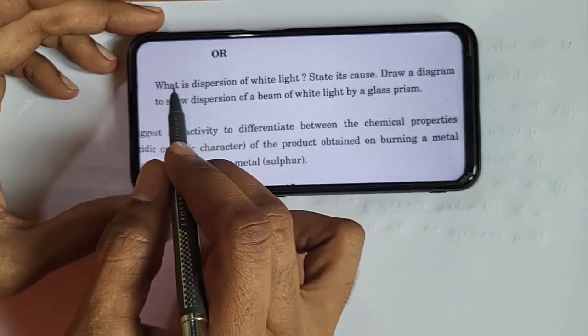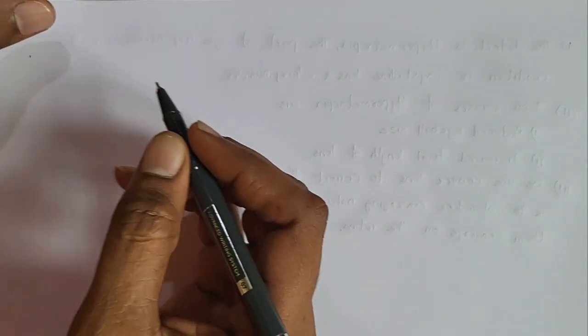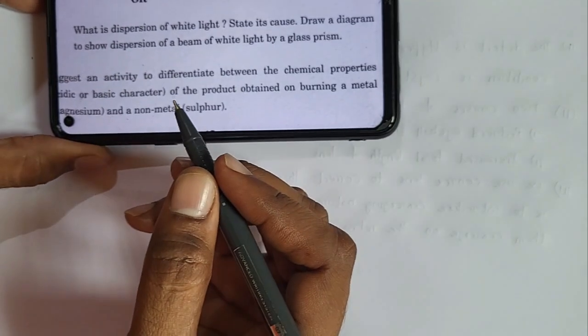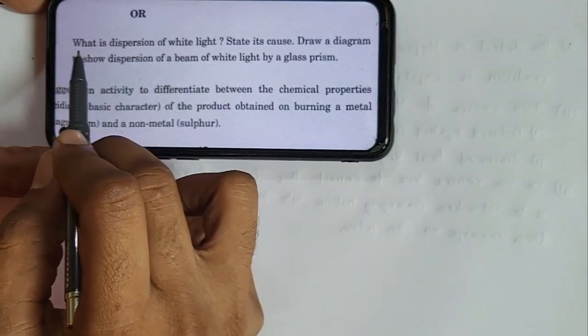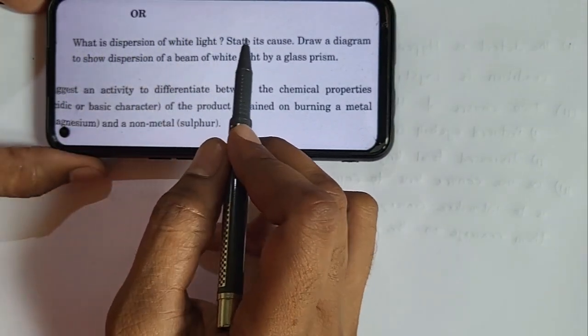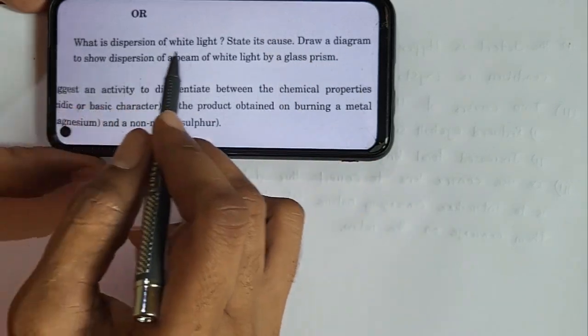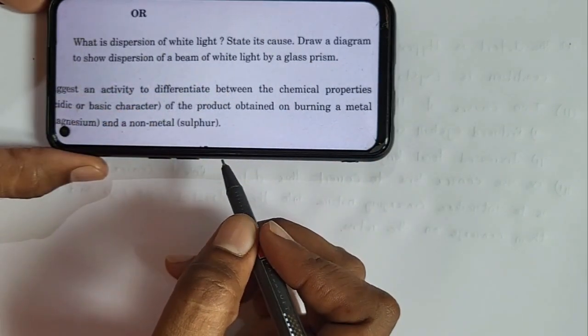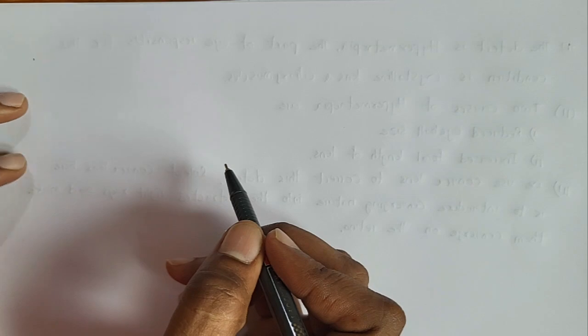First let us state what is dispersion of white light. When a question is asked in the same way, you have to answer in the same way. So first you define or explain what is dispersion of white light. What is dispersion? Dispersion means